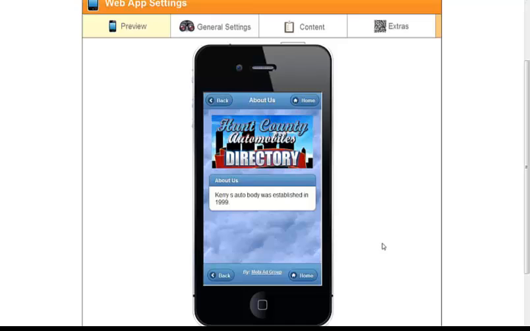Prime example, how many of you go to a website and it says click here and it opens in a new window? Once you go to that other window, you forgot all about the page that you were in. And the most important information that you were looking for was probably on the home page. So do everything you can to keep them inside this app as long as possible.